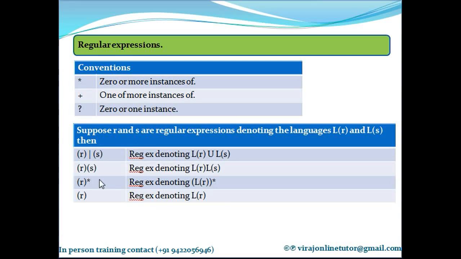What is asterisk? 0 or more. So the final language generated by this regular expression is LR to which you apply asterisk. And if I have just R, what is the language depicted by R? LR. So these are simple examples of what my target languages will be if I use ORing, concatenation, asterisk, and if I just have a plain regular expression.